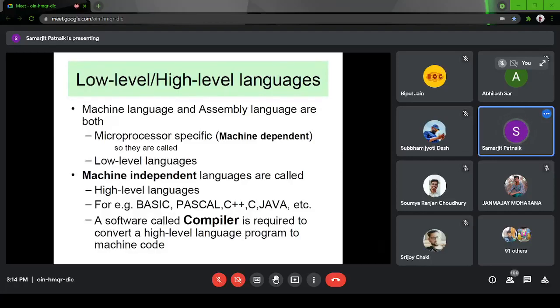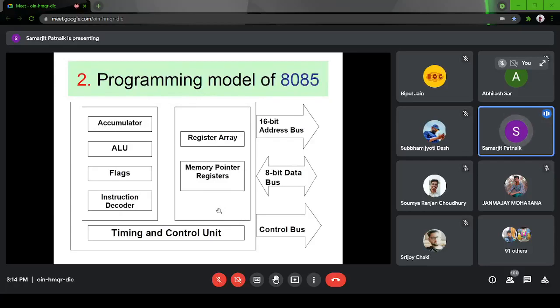And maybe for 8085 there could be different manufacturers, like Intel, like Atmega, so for each manufacturer that might also vary. But for machine independent languages such as high level languages like C, C++ and all, it will be the same instructions. Okay, so this is important.